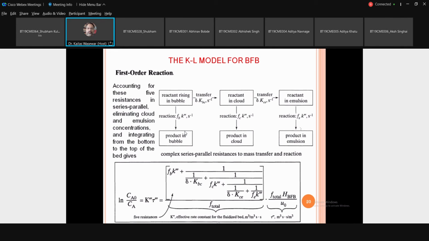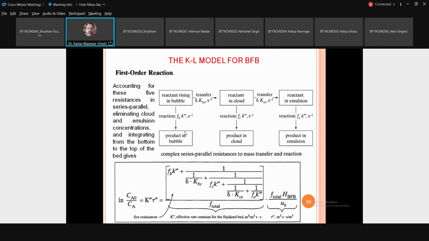If you start from this side, say Fe and this Kc, these two resistances come here, which are in parallel to this particular one. Again, now the whole thing is in parallel to this one. That's why it is coming like this, and then it is again in parallel to this one.